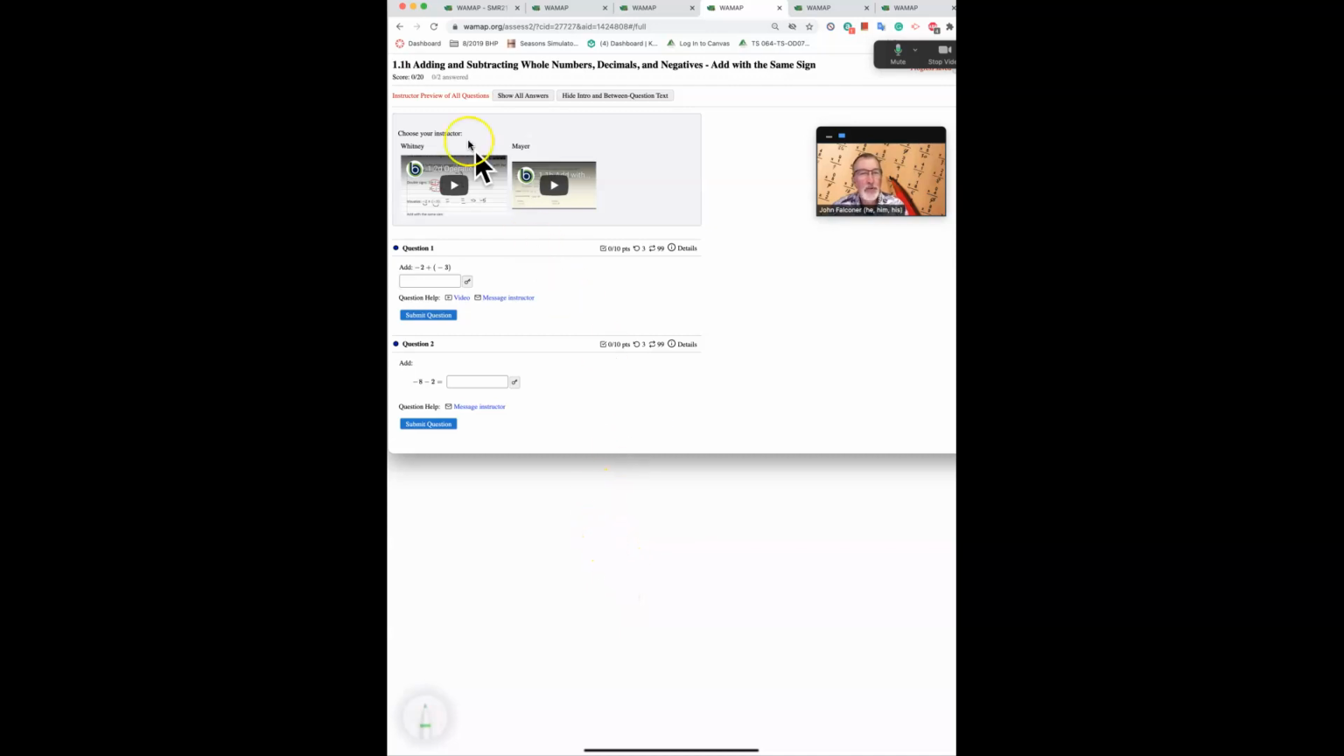Hello everybody. We're going to take a look at Unit 1.1H where we are adding two numbers with the same sign. Now at WAMAP they say add, and you could also just say combine, but they use the same word as when we add, and sometimes it causes confusion